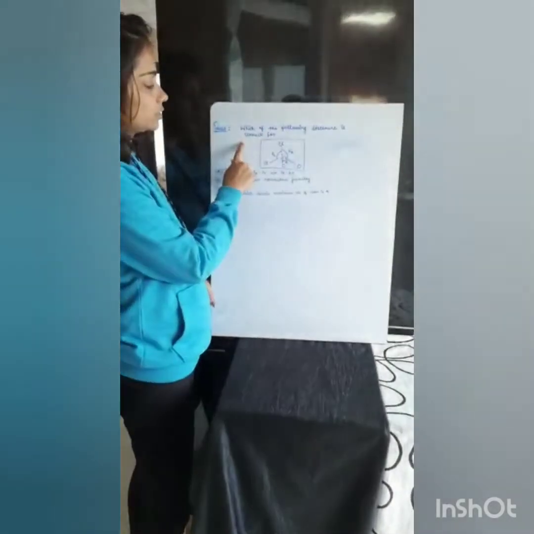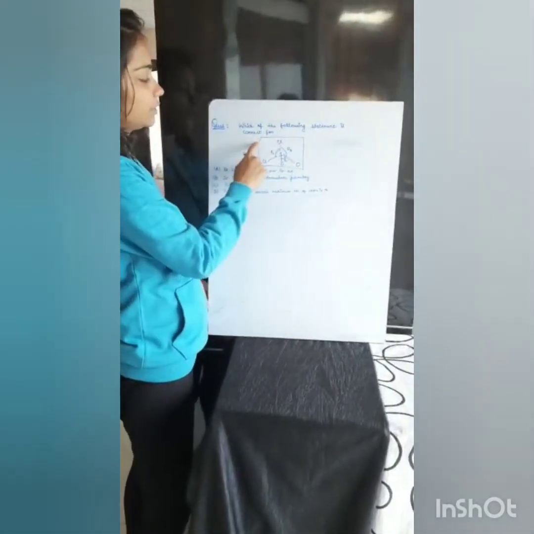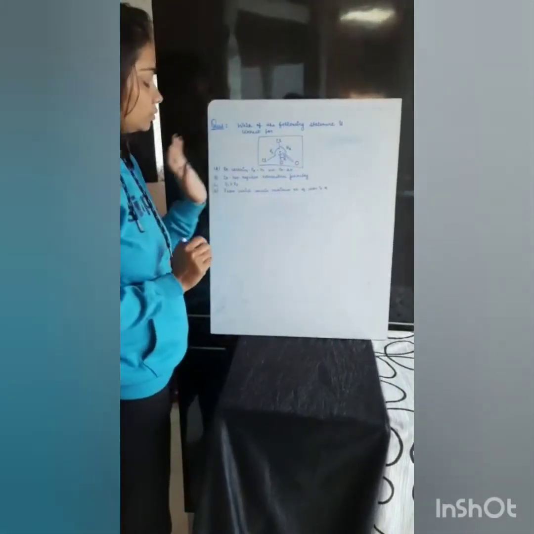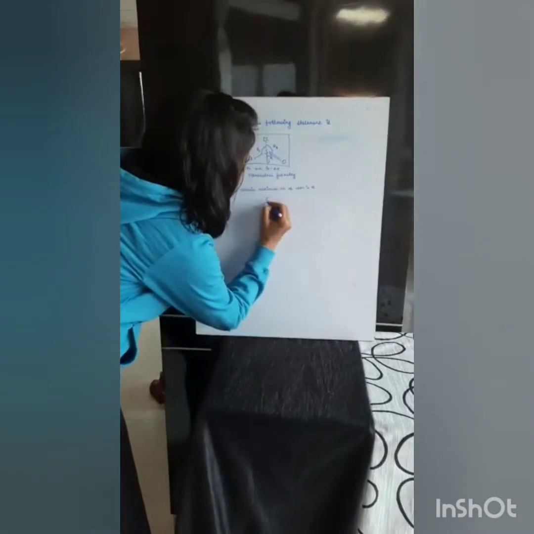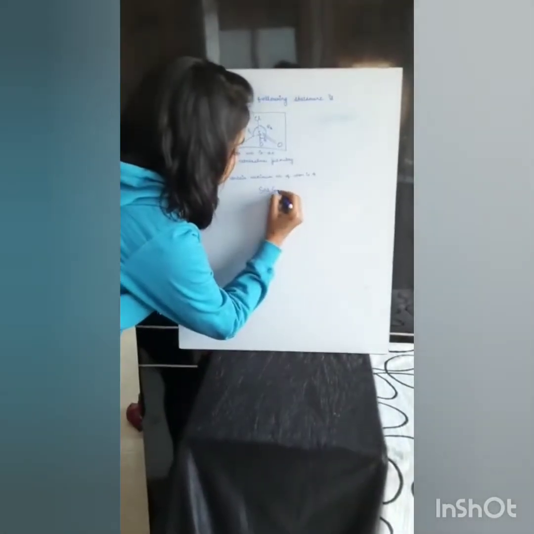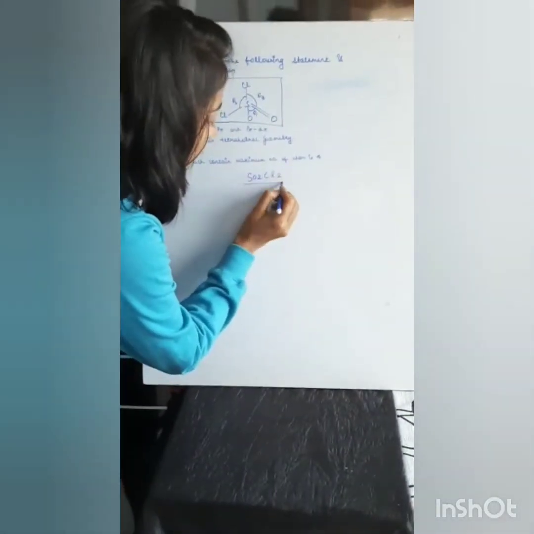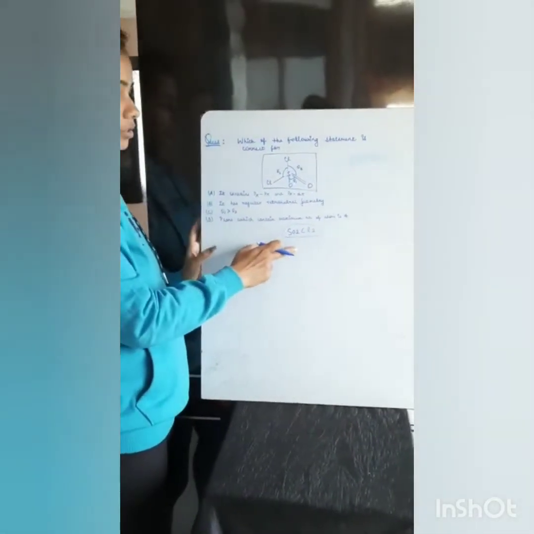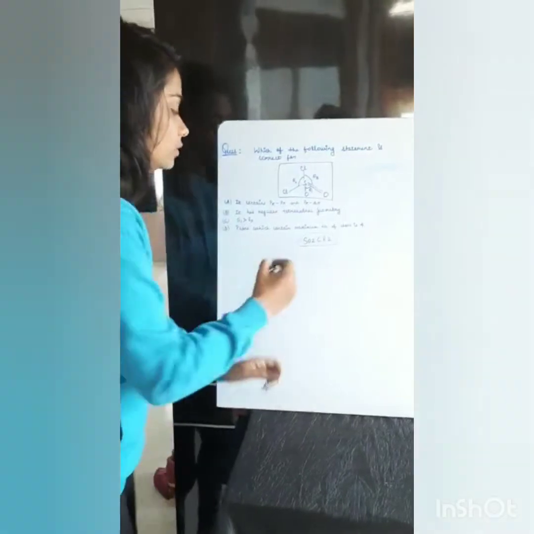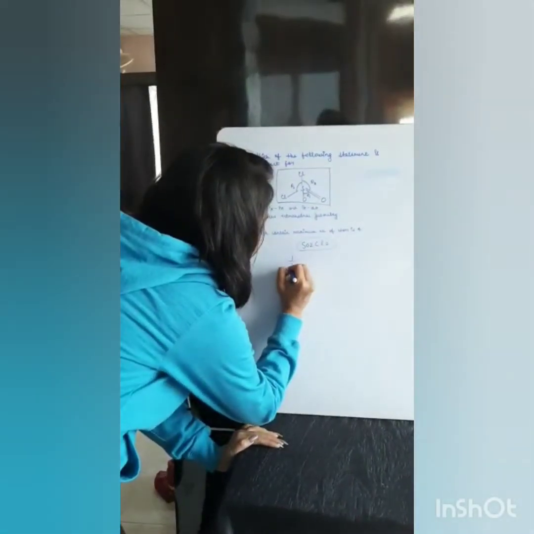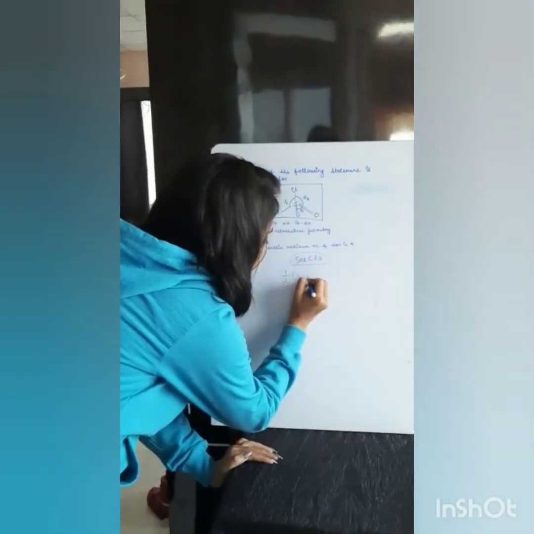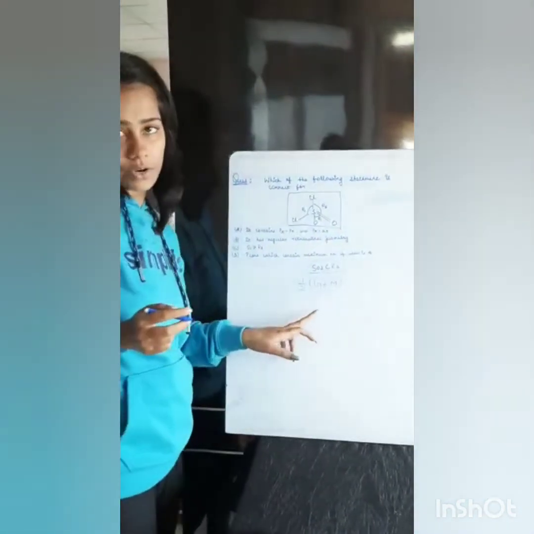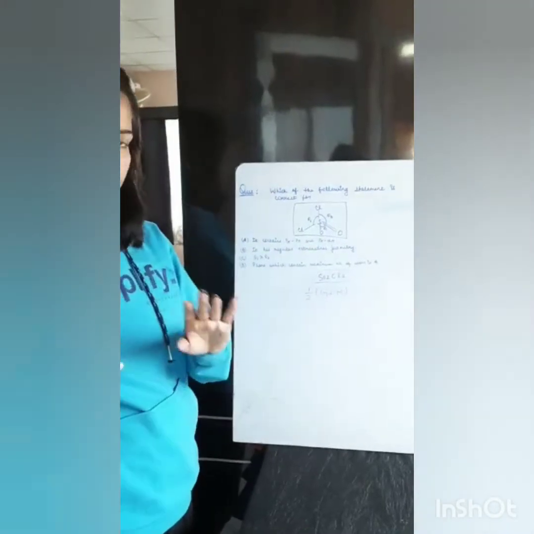The question is, which of the following statements is correct for this molecule? And here are the options. The molecule is SO2Cl2. To analyze the structure, we have to find the hybridization, which has a simple formula: 1 by 2 (G plus M), where G is the group number of the central atom and M is the number of monovalent atoms.